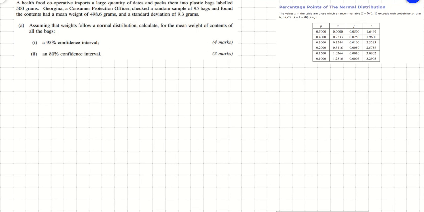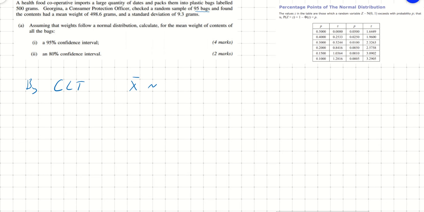In this video, we're going to look at an exam question where we have to calculate a confidence interval for the mean. Now, the first thing to know is we're taking the mean. We're looking at the mean of 95 bags. We're not given any information about the actual distribution of the weight of these bags, but there is a result in statistics called the Central Limit Theorem, CLT, that says that our